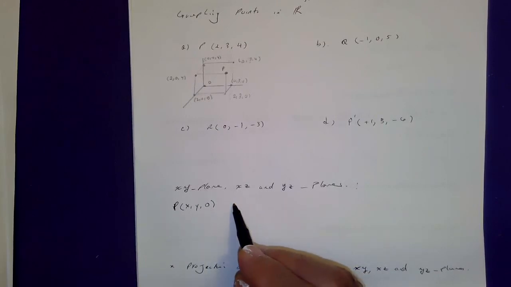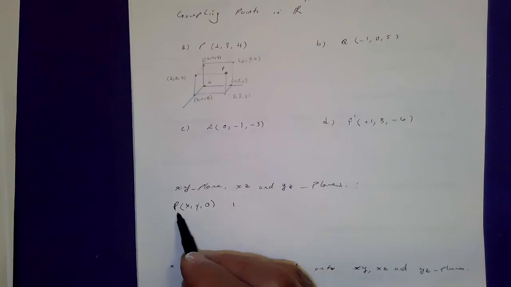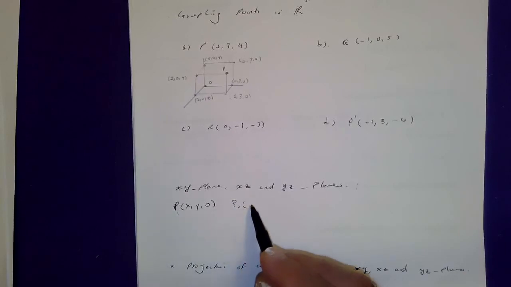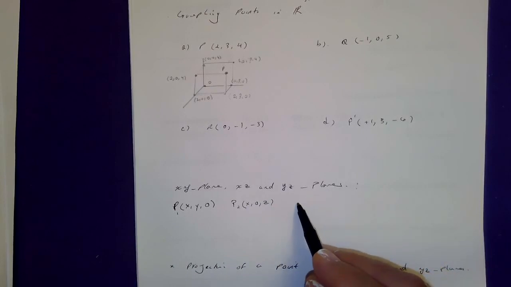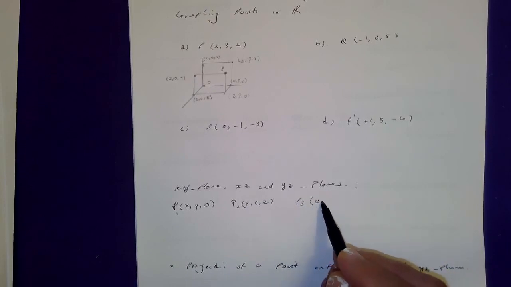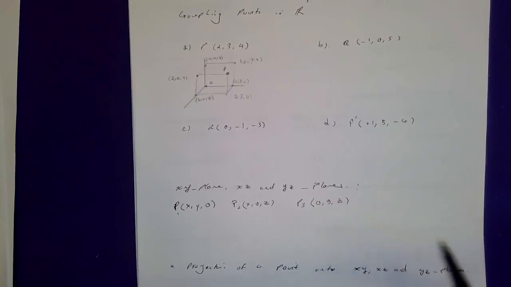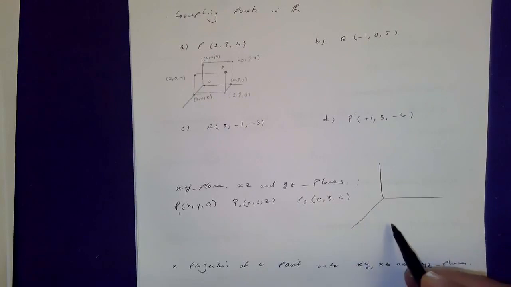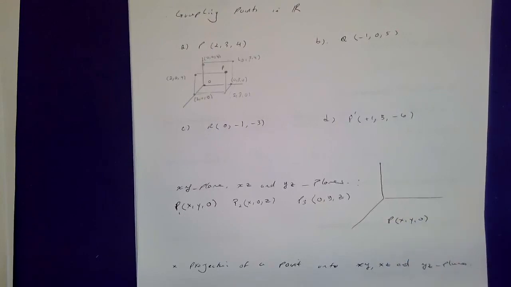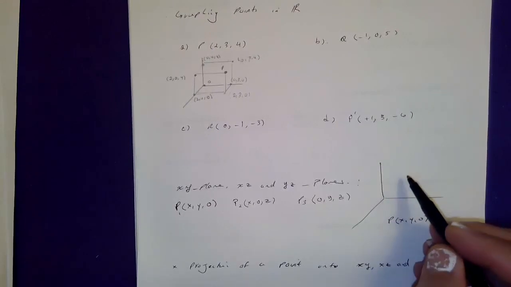In the XZ plane, you have the point, let's call this point P1, point P2. This would be X, 0, Z. And in the YZ plane, the point will look like 0, Y, Z. In other words, what we're saying is, if you select a point in the XY plane, the components of the point will look like this. Any point in